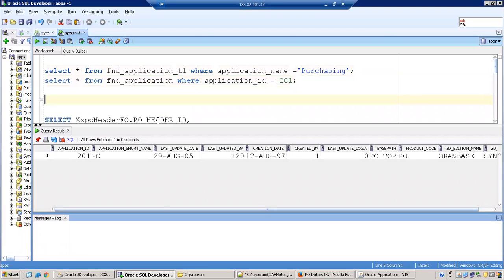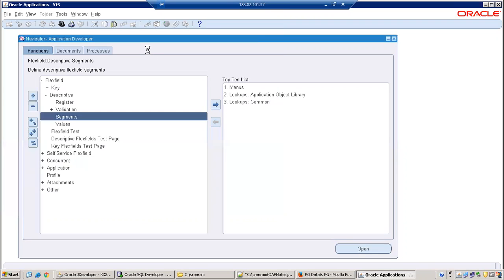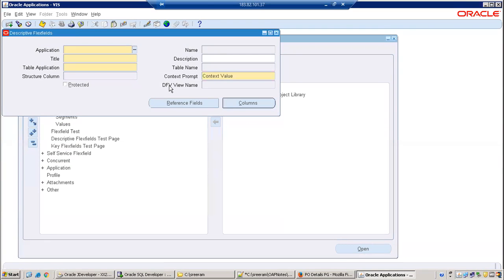Okay, this is correct. So the next issue could probably be because of the DFF name. Just check this here. We need to consider this one, so in the registration, right? So here, if you observe